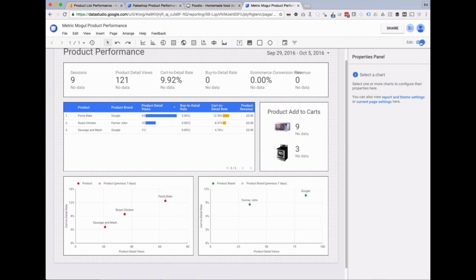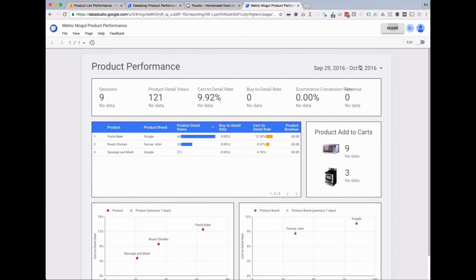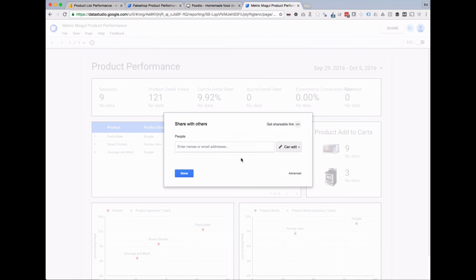We have built our dashboard, and if we want to share it, it's very simple. You can just hit the share button. You type in the email address of someone you'd like to share to. Make sure they can just view it, not edit it. Otherwise, they would change your work, unless you're sharing it with a colleague who you want to edit. And once you've got that link,